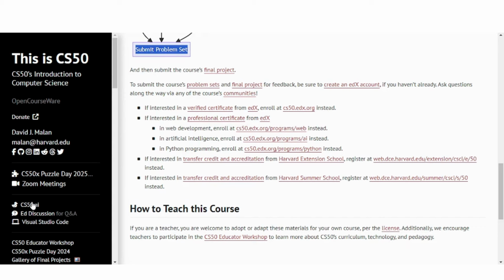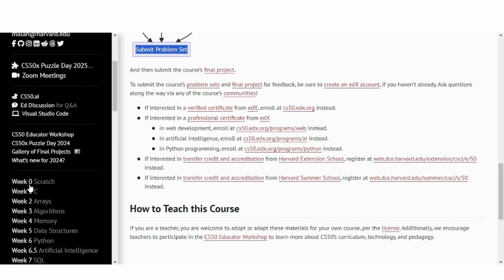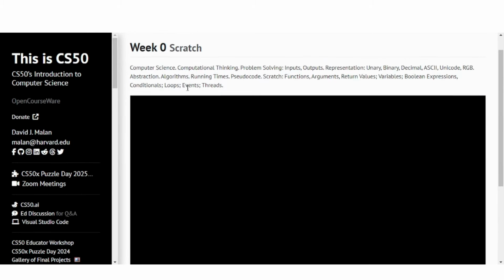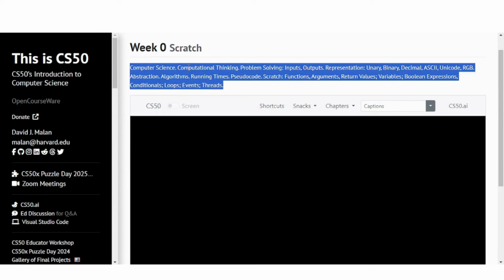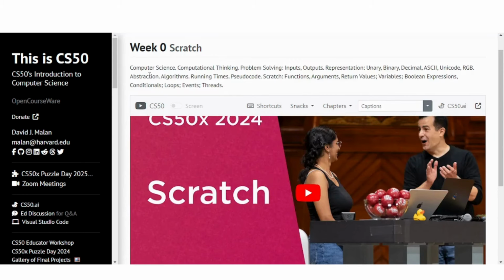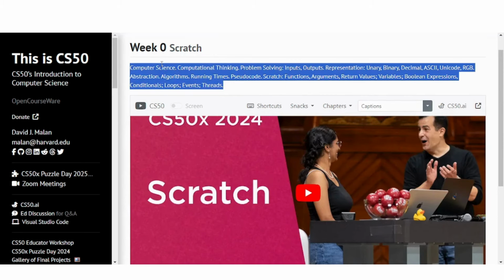On week 0, as you can see on the screen right now, we're moving to week 0. Let the page load. So on week 0, you'll be focusing on concepts like computational thinking, problem solving, inputs, outputs, representations, unary, binary, decimal, ASCII, and so on and so forth. All the main concepts that are taught in the week are basically written right at the top under the page of that